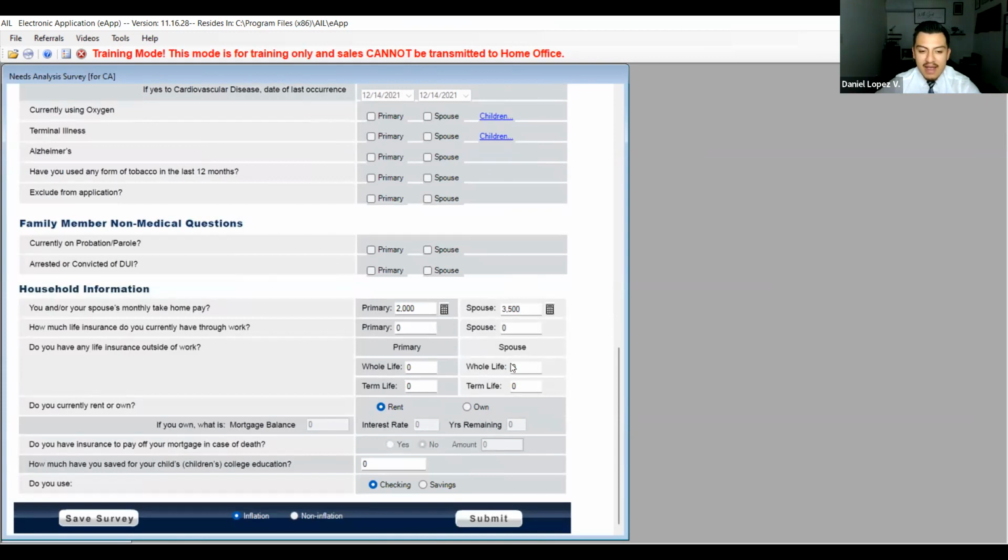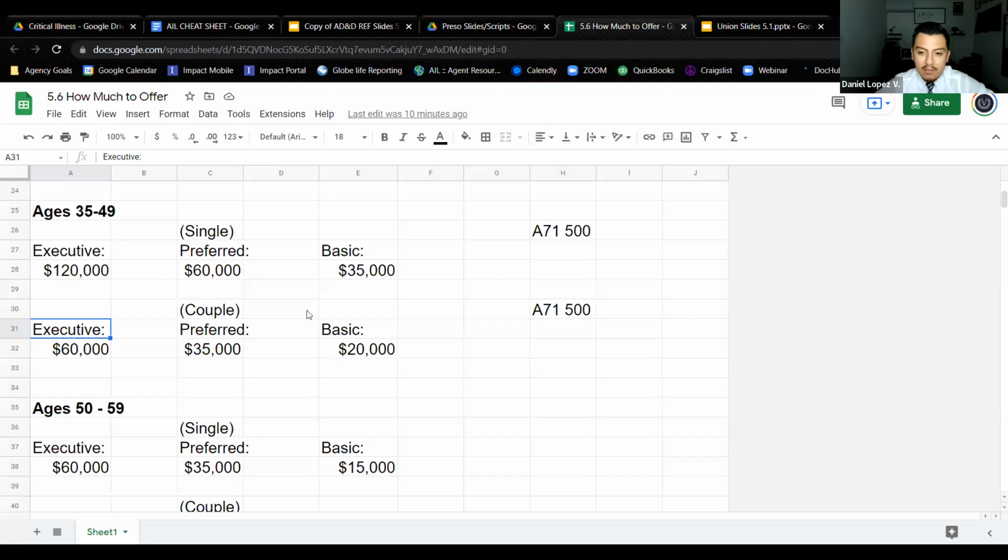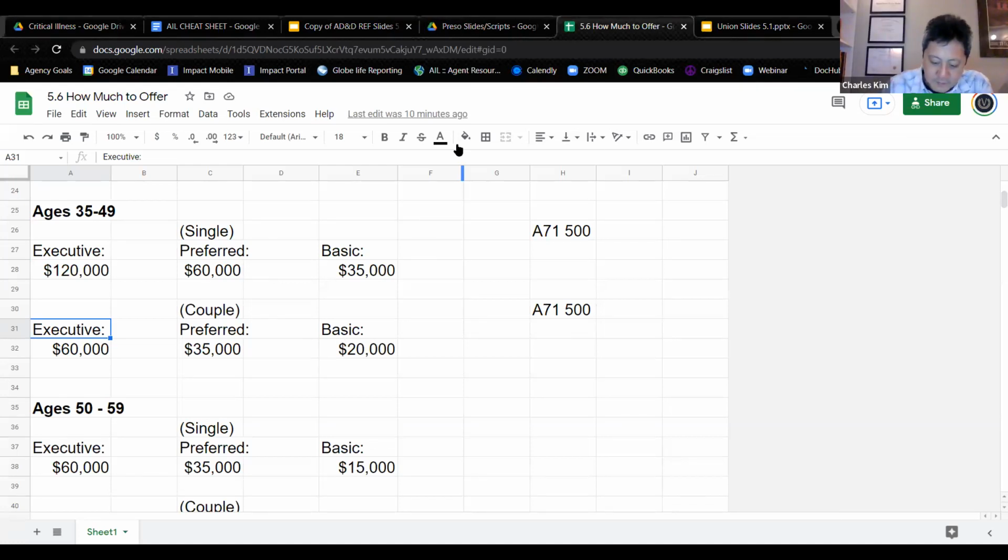The reason the company has you ask these questions is because whatever you put here will determine how much we offer. But I don't care what the computer e-app tells me we're going to offer. We already know what we're going to offer based on the rate. You guys understand? Yeah, you're gonna be filling in that stuff anyway.